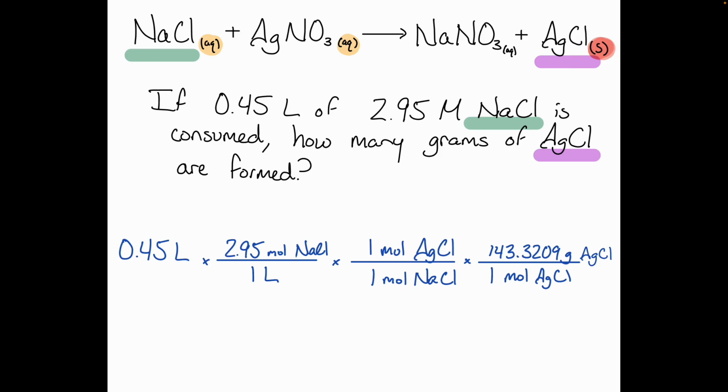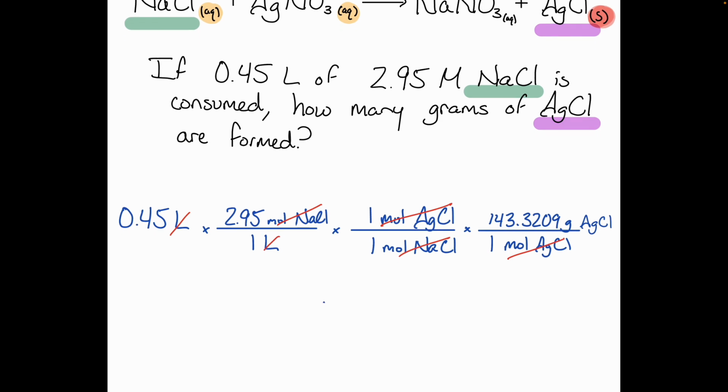All right, so I'm going to take my volume and multiply it by that concentration because I split it up into moles over liters. So I could see that by setting it up that way, my liters cancel. Then I'm going to use my stoichiometric ratio to jump from moles sodium chloride to moles of silver chloride. And then lastly, it wants the mass of product. So I'm going to use my molar mass to get from moles to grams. So punch that into my calculator,